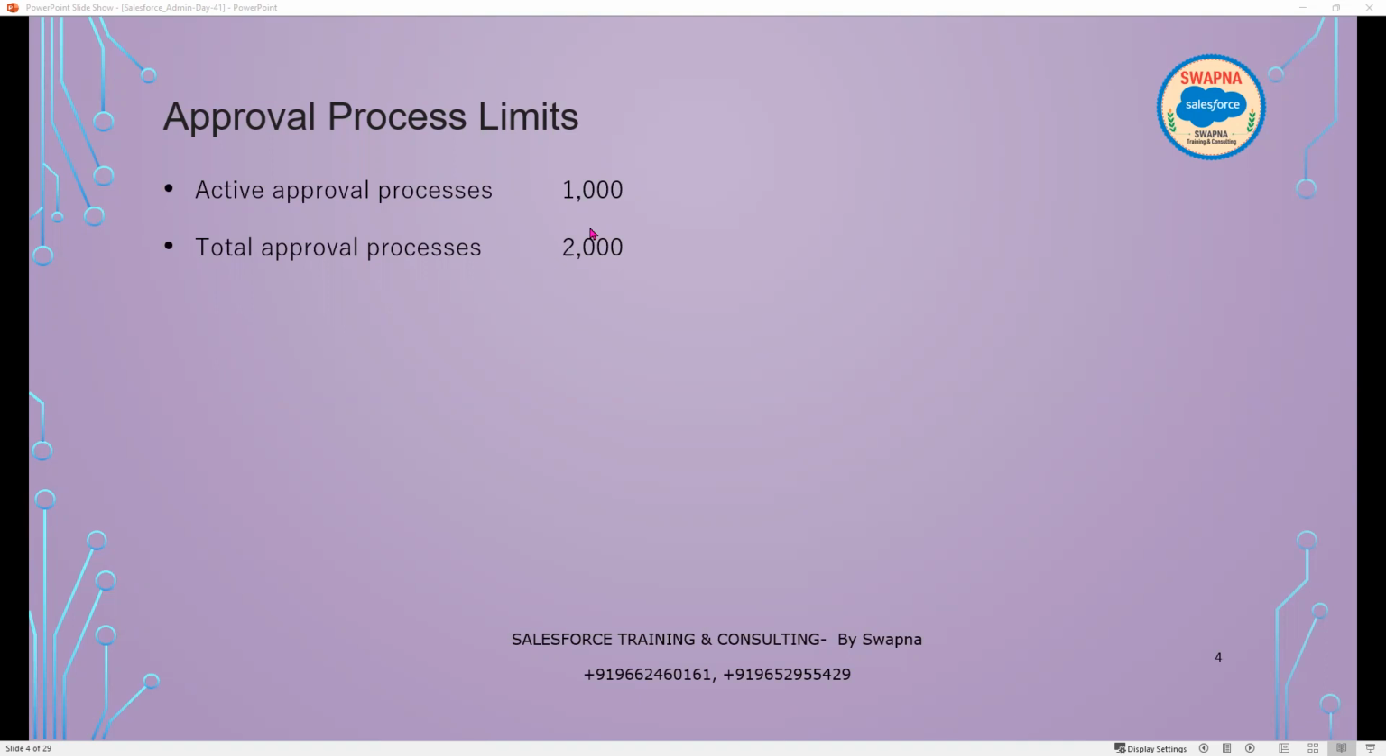Like each object, if you create it also, now if you have 10 objects or 10,000 objects, or you have 1,000 objects, now each object, if you need some approval process, that goes up to 1,000 and the maximum you can go for is 2,000. And the active approval process per object is 300, but as per the rule, don't go for it. So Salesforce says that you can create 300 approval processes per object, but if you create 300,